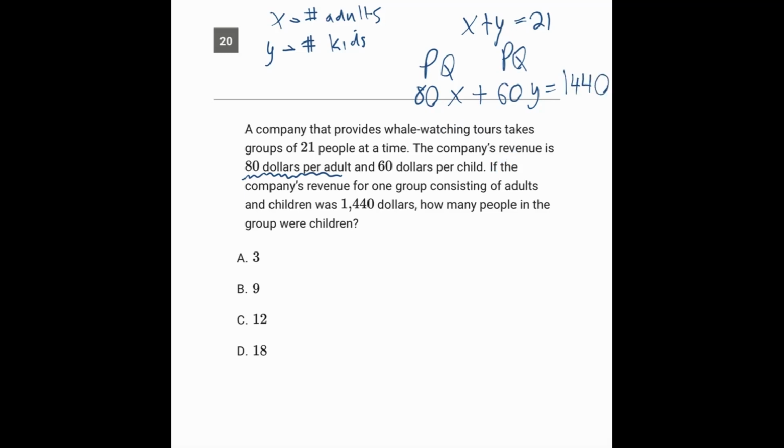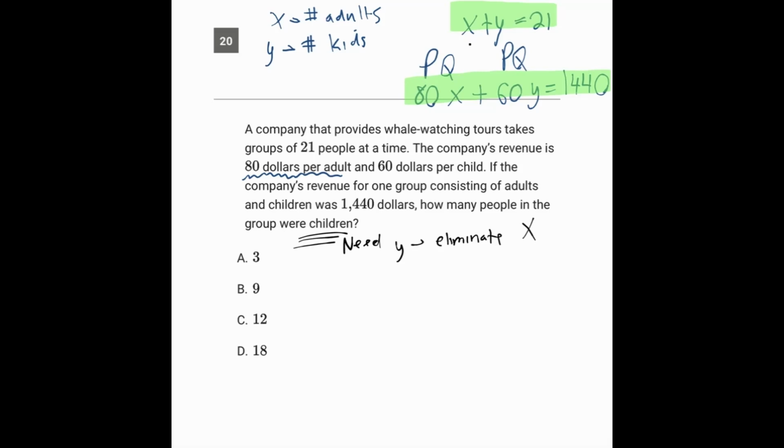So right now we've got 2 equations and 2 variables. And so by definition, that's solvable. What we need is the number of children, which is Y. We need Y. So it would be much better here to eliminate X. So how can we eliminate X? One way